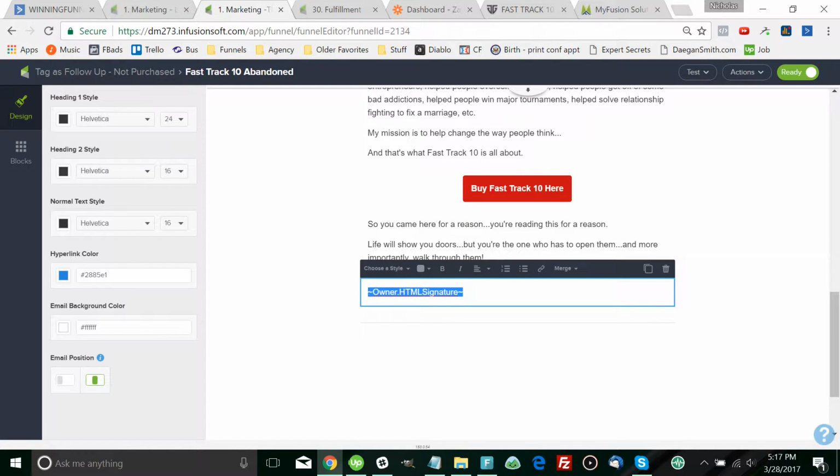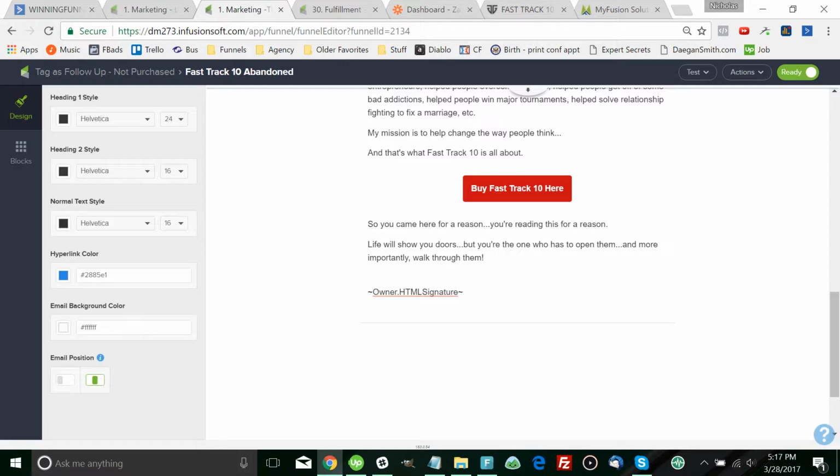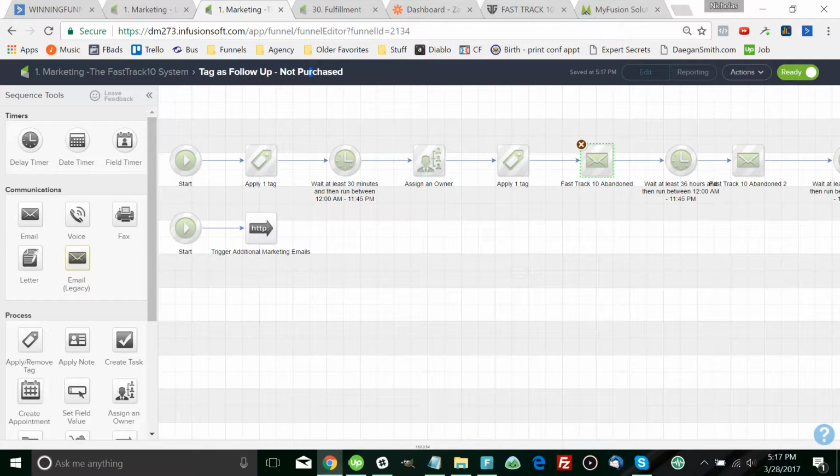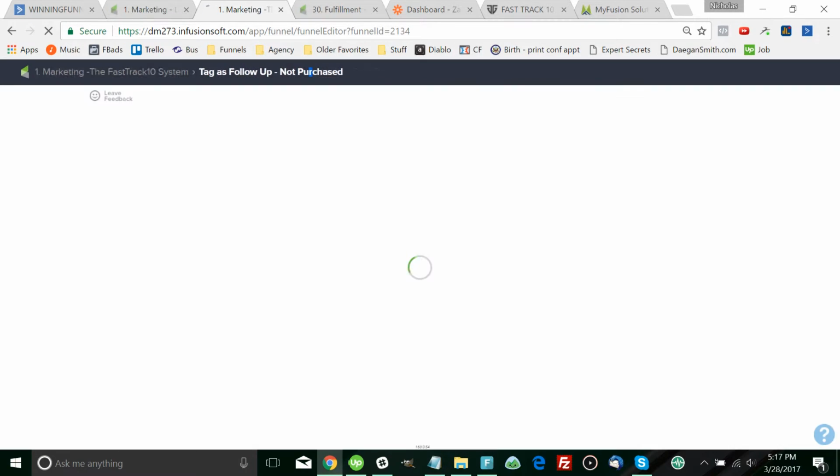Yeah, this is the exact merge code that you would use every time. So there are a couple different options that look similar, so you just got to be sure you've got the right one. Now there's a 36-hour delay on this,